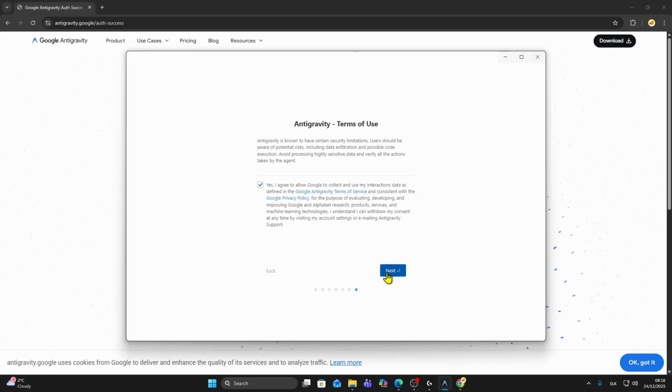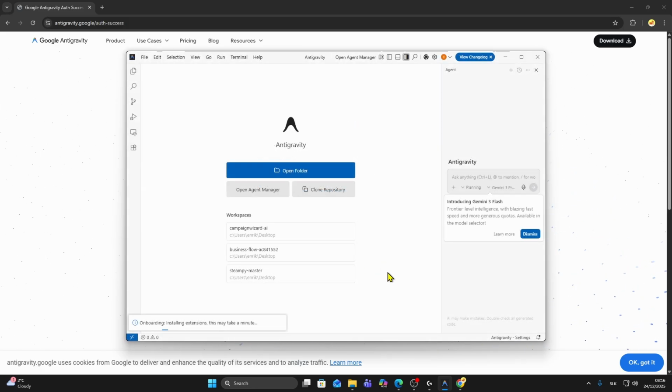You just need to click on next again. And this is how you can download and install Antigravity. Now you can start